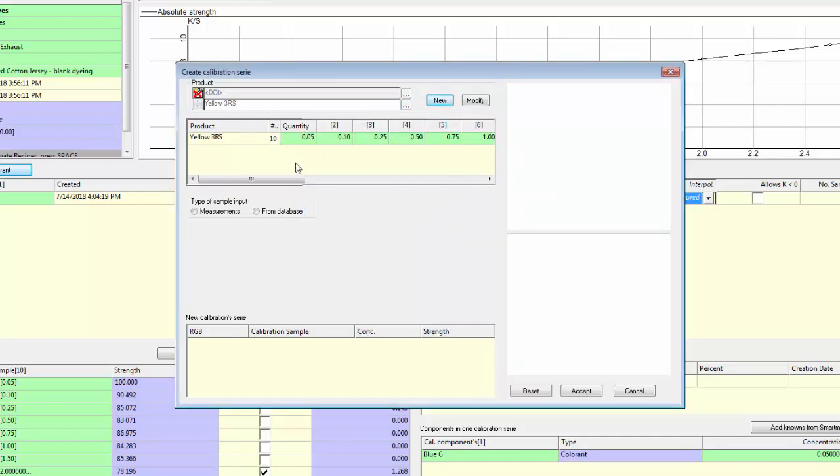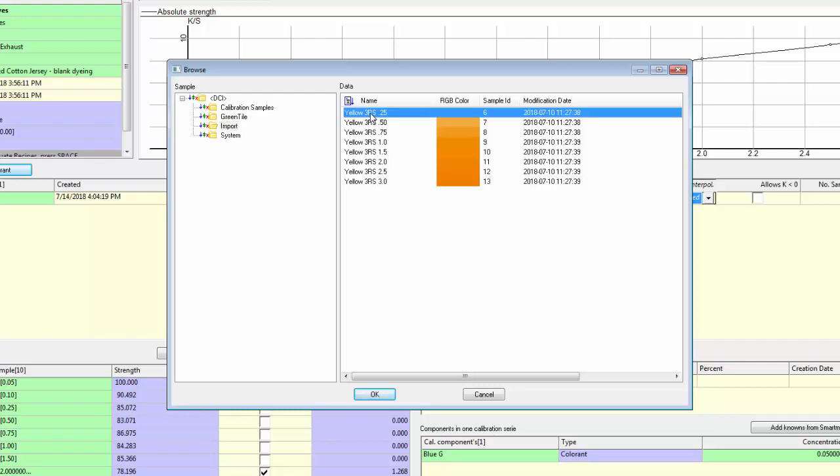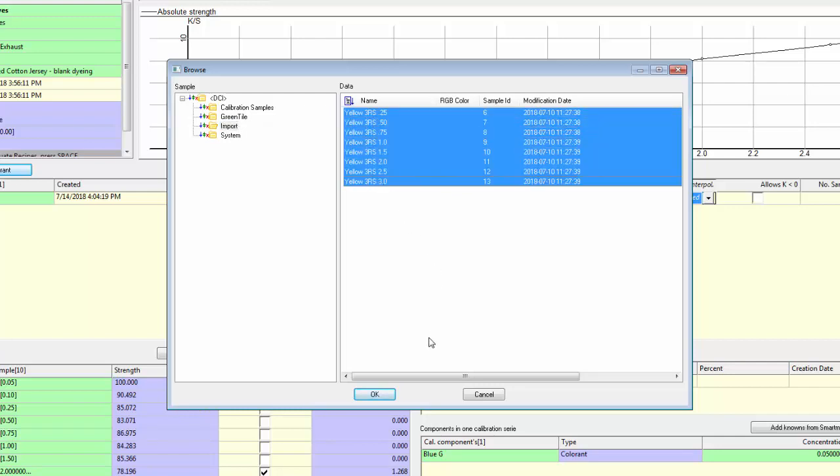Okay, so it automatically fills in our quantities, but we don't need that because we're going to bring these primary samples in from the database. So we're going to go from the database and we're going to browse, and we're going to go to the import folder, because by default when you import something, it will go into the import folder. So we're going to highlight the first sample, then use the shift key and highlight the last sample,